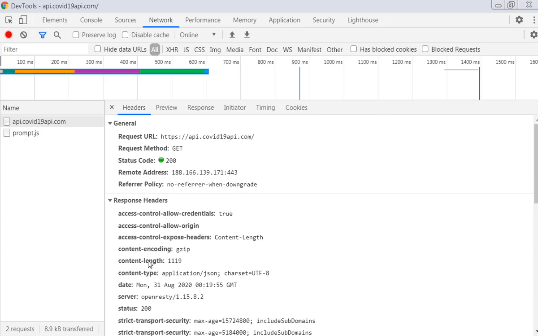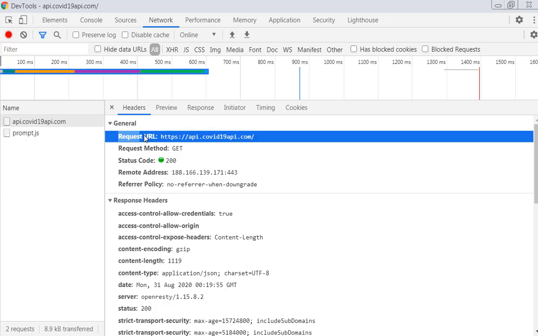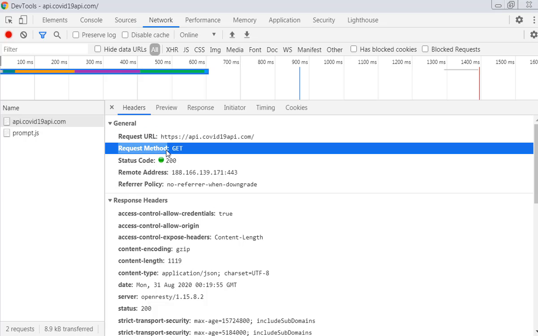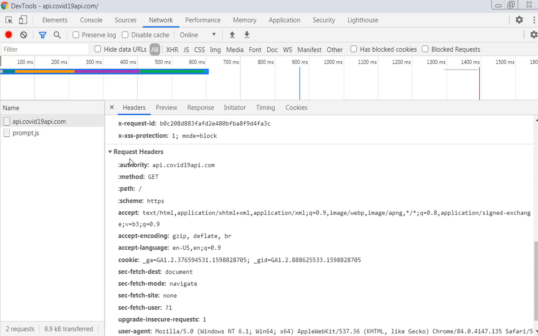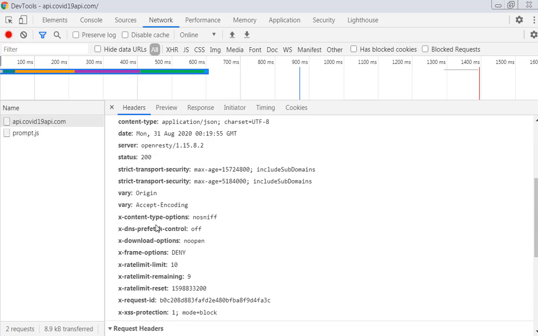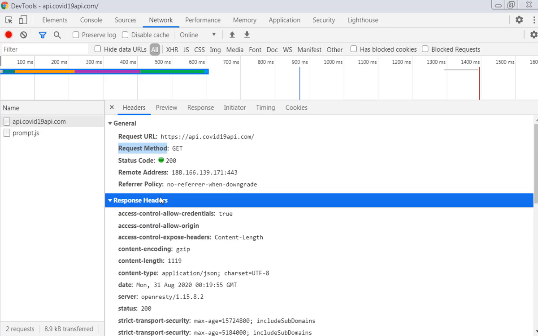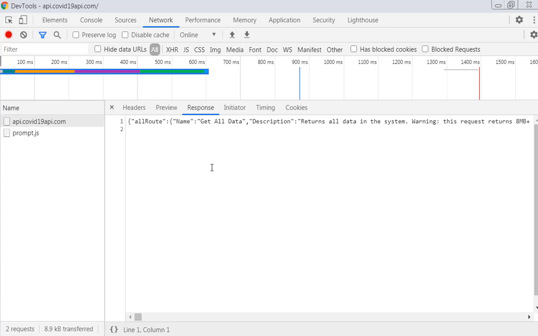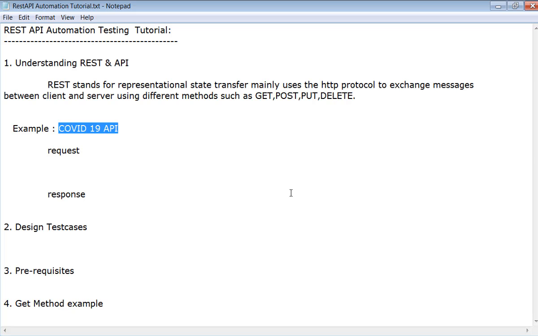So what is important for us to understand? We need the request URL. We need to know the type of the method, and we need to know what request headers we have to pass. Then we get response headers, then we get the response. So let me list down what is important for any API.